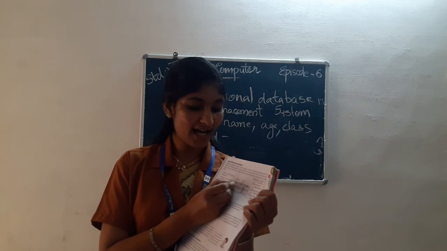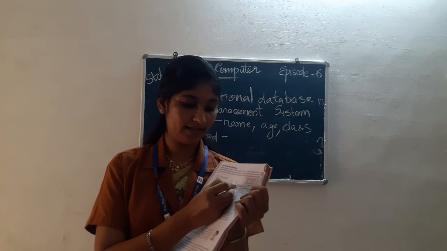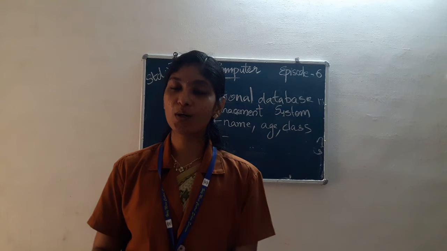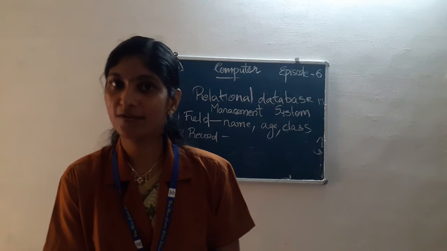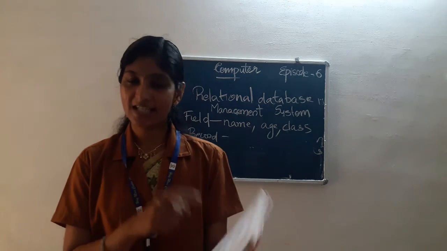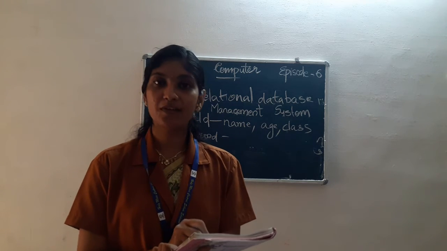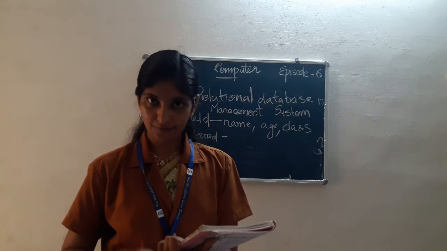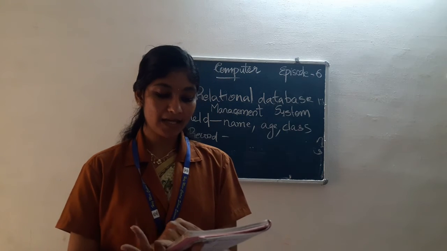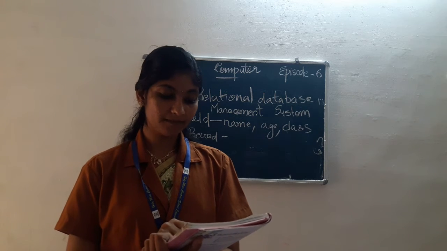That is a set of fields. Set of fields means Arun, it's the field of name. Age, another field. Class, another field. So it is the group of fields. That is, a record is one complete set of fields. Record is what? One complete set of fields. So here in our table, how many records? 4 records. Arun 15, 9, that is one record. Ishi 14, 8, another record. Sabi 16, 10, another record. Shalini 14, 8, another record.